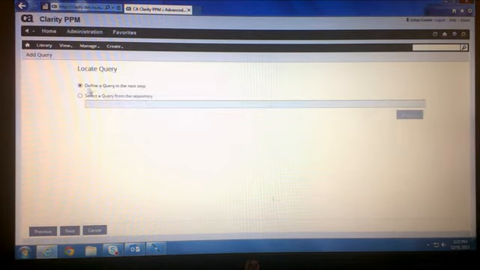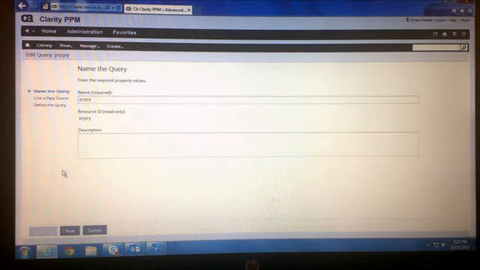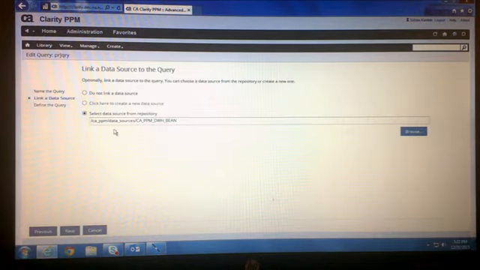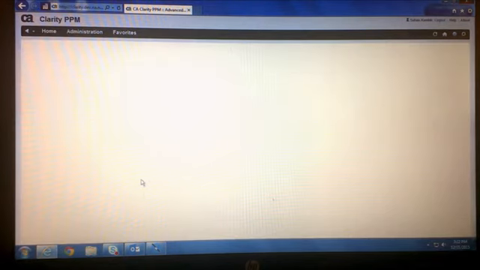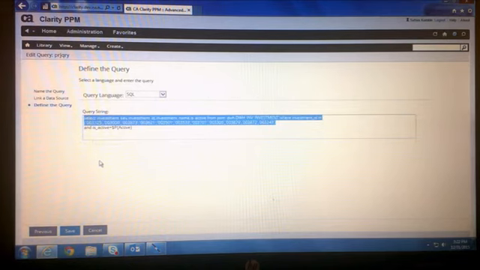Now the parameter should behave based on a query. So we provide the query, select the repository to be the data warehouse bin, and then it will ask you for the SQL. Now the SQL is exactly the same as the SQL for that report. This is particularly for this scenario.